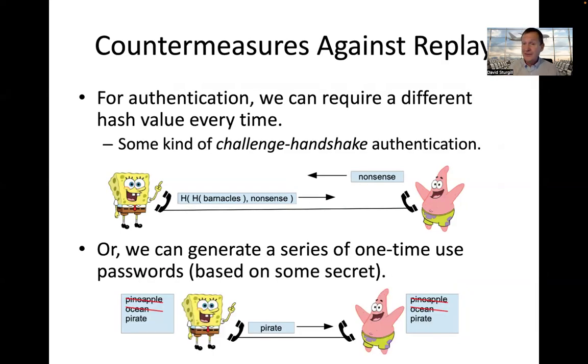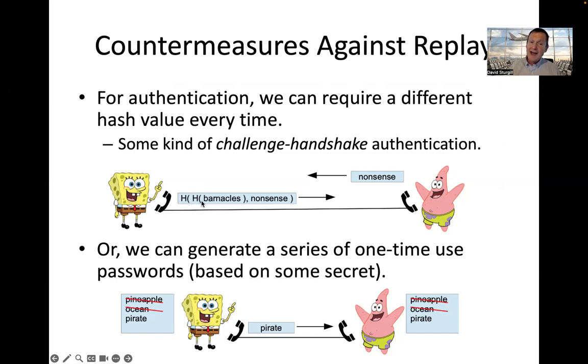A way to fix this is to make it so that every time you log in, you're going to have to prove that you know your password without just sending me that password. Every time you log in, you'll have to give me a new proof that you know your password. And a common way to do this is what they'd call challenge handshake or challenge response authentication. To do this, and this is what we're going to do in our last homework assignment, the system you're trying to authenticate with here, Patrick, could just generate a random string of bytes and send it to Bob. And then to prove Bob knows his password,